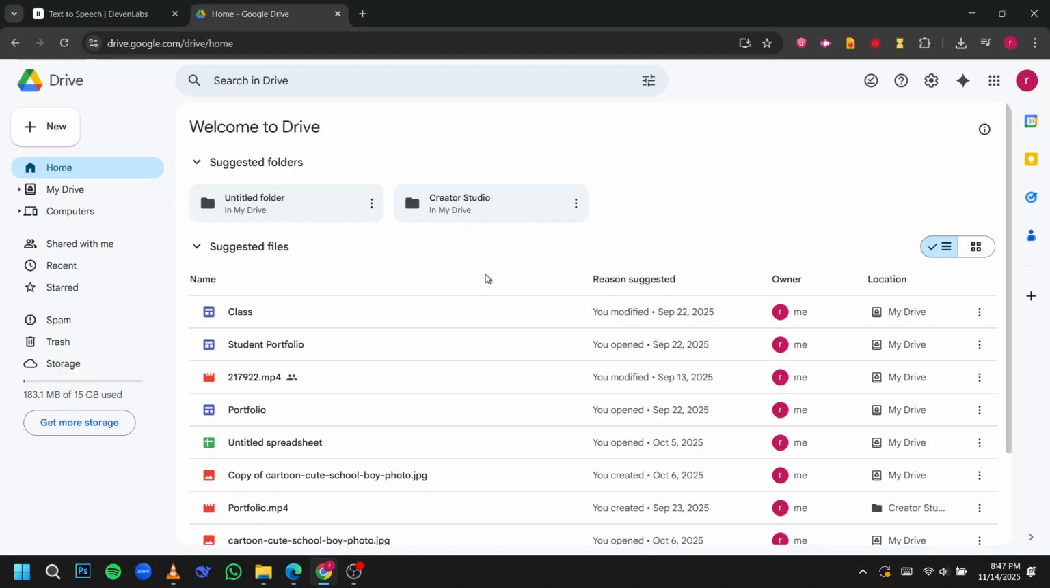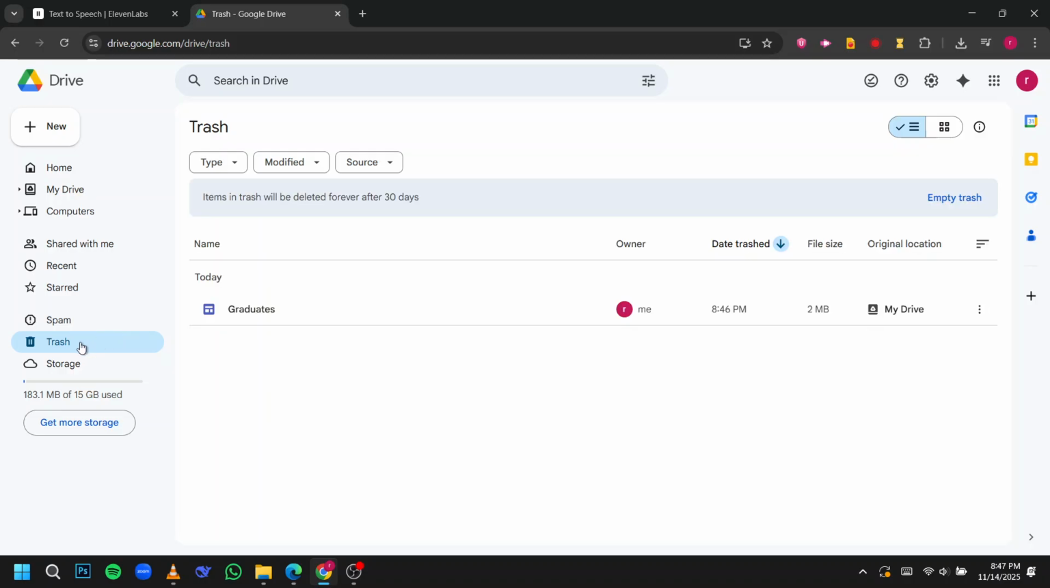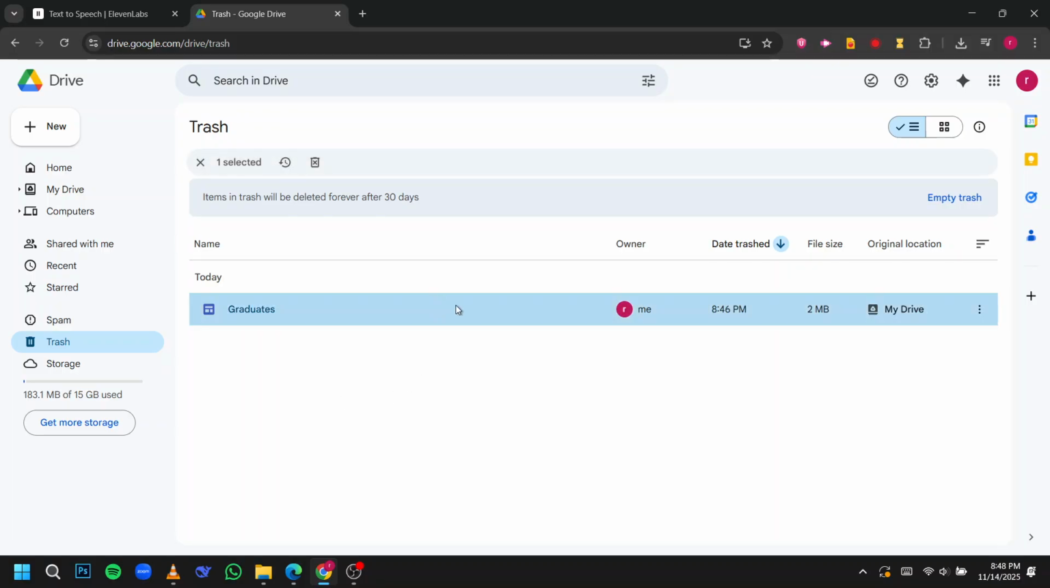The next step is to click on Bin, which is Google's term for the trash or recycle bin. Sometimes, files that seem to have disappeared may have been accidentally deleted or moved to the bin. This is a surprisingly common issue, so let's make sure that's not what's happened here. When you open the bin, you may find your missing files there. Restoring them is simple. Just right-click on the file and select Restore, and it will be moved back to its